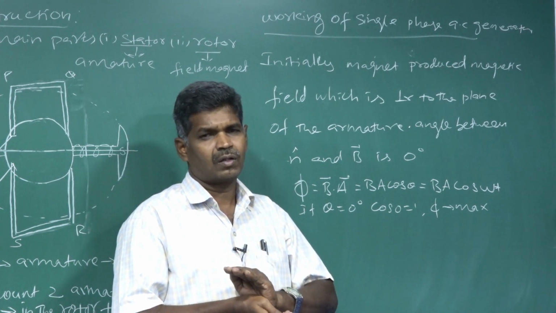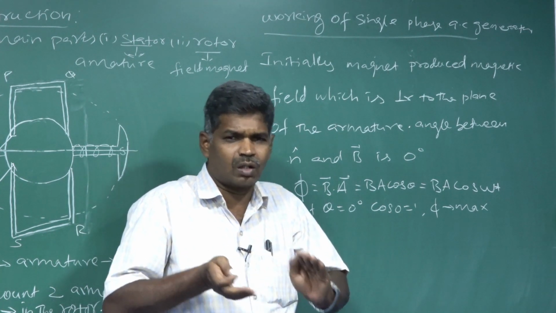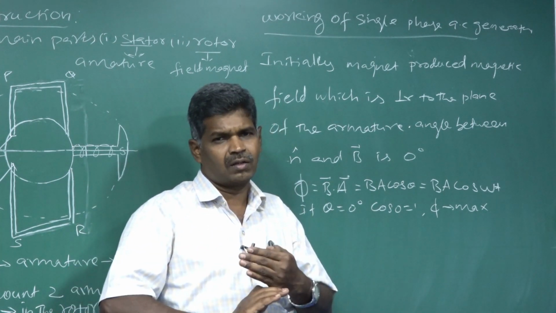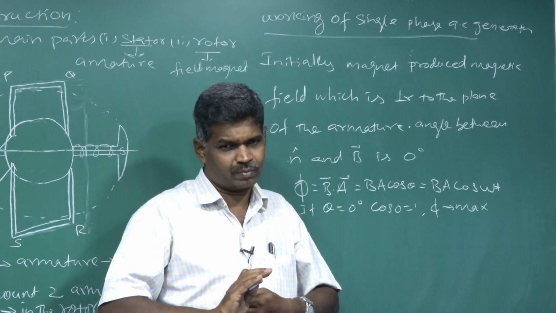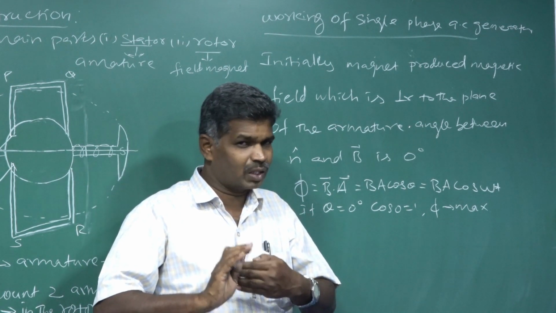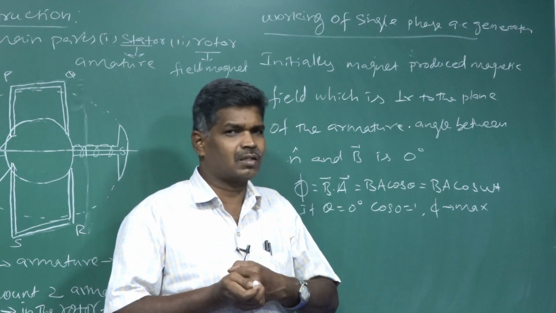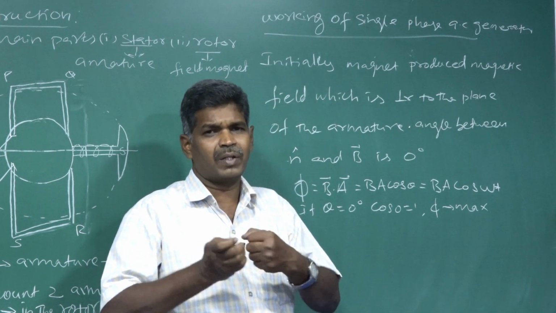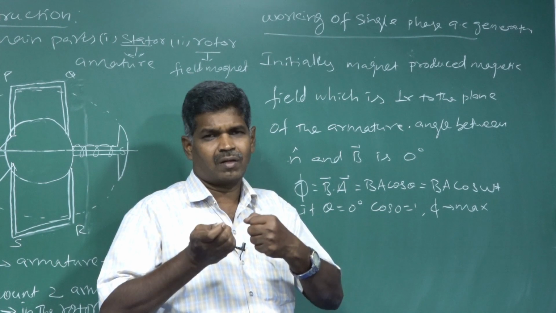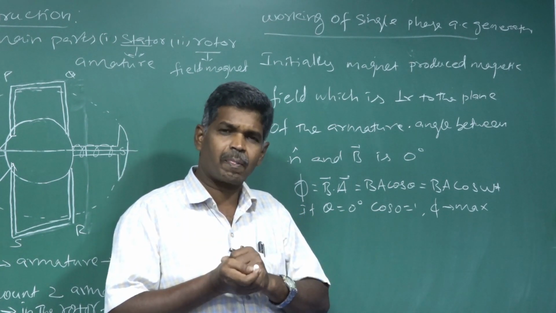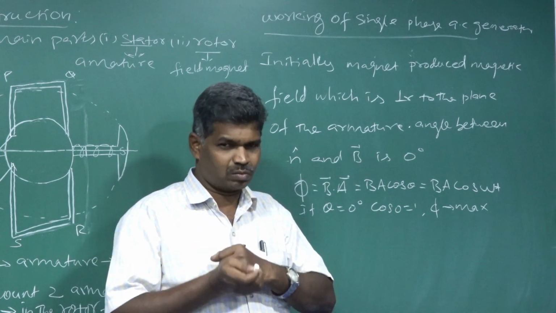Anyhow, then we are going to start to rotate the magnet. The rotor is going to rotate in a clockwise direction. If we take a certain care, the induced current direction can be detected or identified by using Fleming's right hand rule.